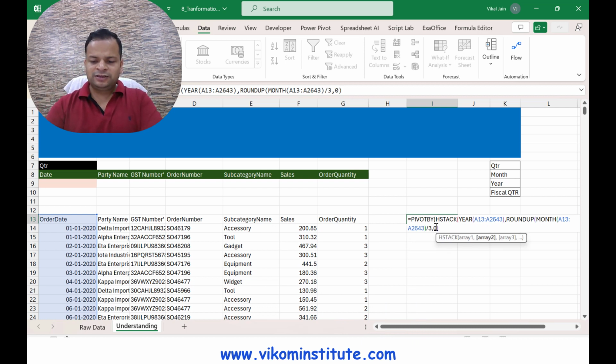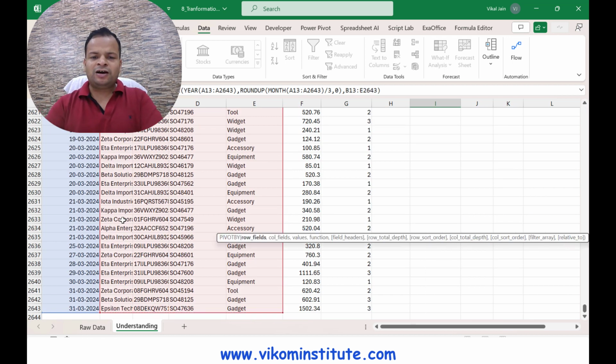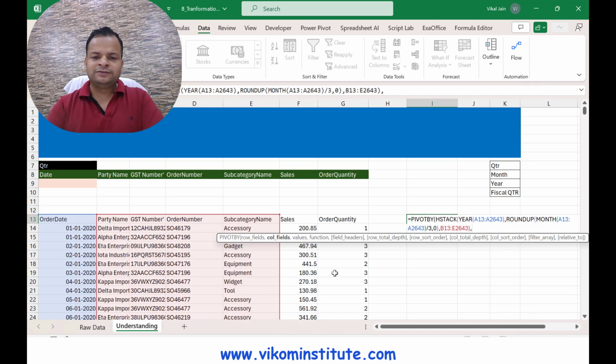Close the parentheses, comma, and the array 3. I'm going to use all the 4 columns. Close the parentheses, comma. It is asking me for the column field. I don't need anything in columnar form, so I'm going to skip it. Values. Now, what values do you want to summarize in the quarter report?